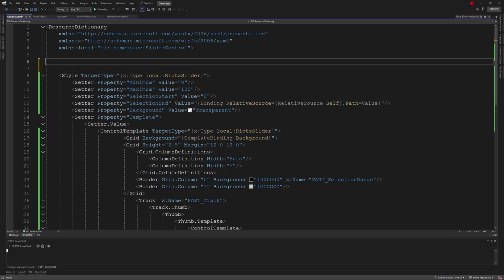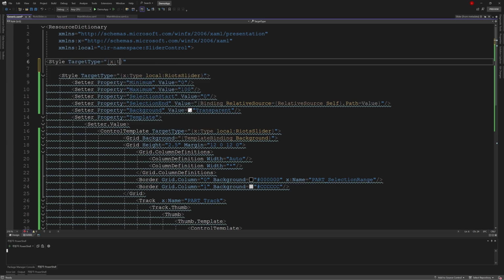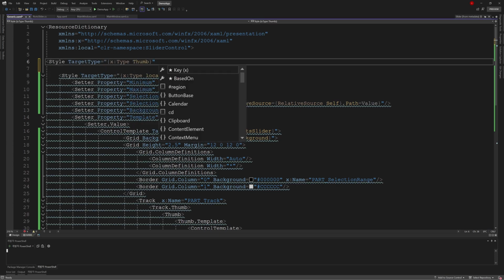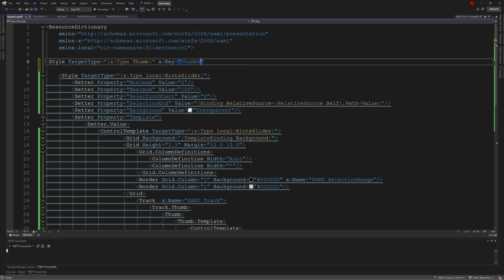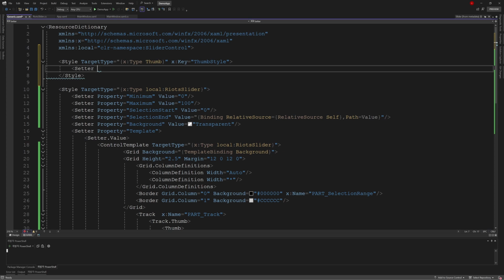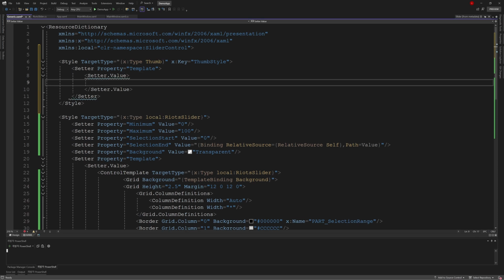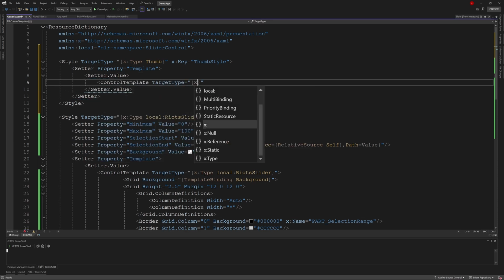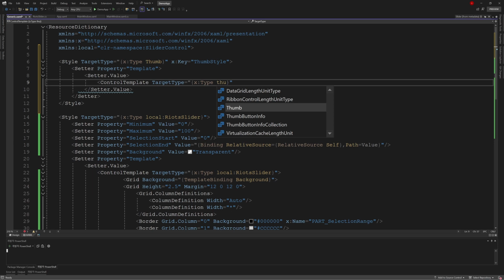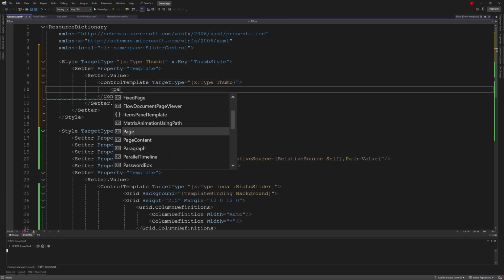Okay, first let's add a style directly above. Here, x:Type is Thumb, and we define x:Key as ThumbStyle. Set a property Template. ControlTemplate and TargetType Thumb. Here we need to replace the circle with a special shape, so we add a Path.